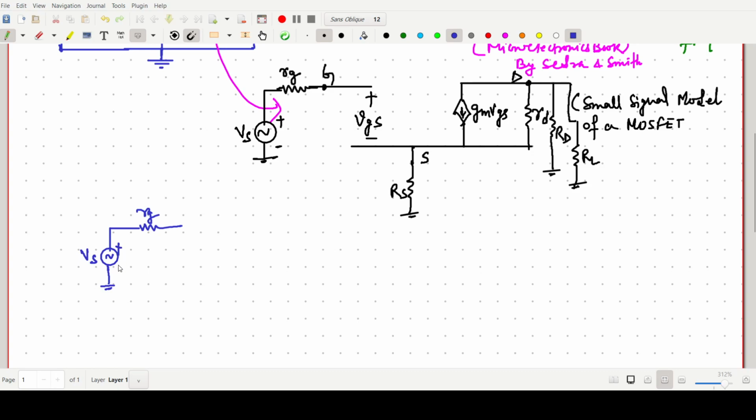Say this will be our Vs. Okay, we have to find the midband gain. We will go after doing all this basic thing. So this node we can say is the gate. Now this current we can write as gm VGS, and this one is also VGS. Okay, the same thing I am doing.